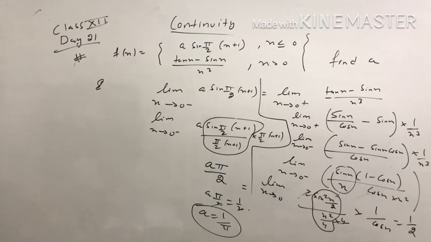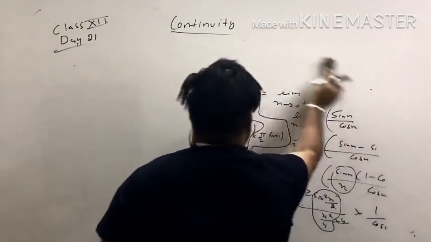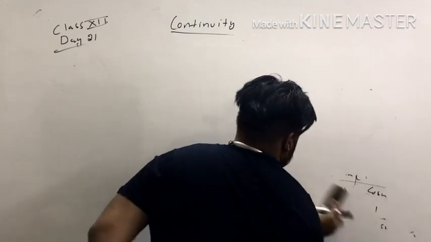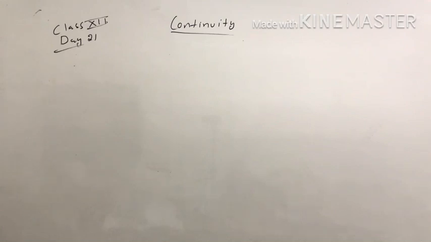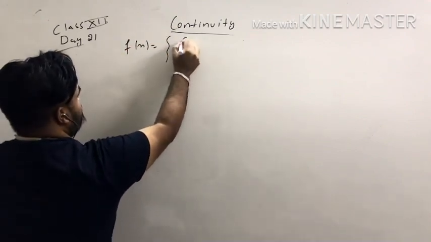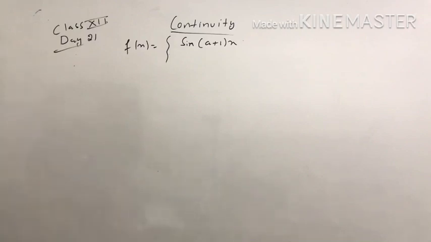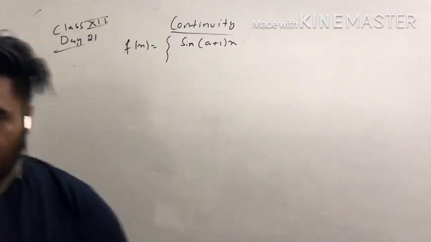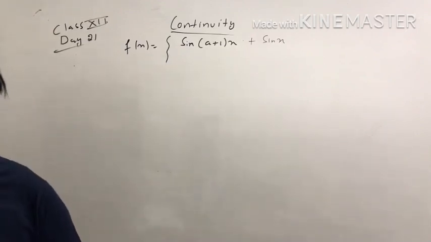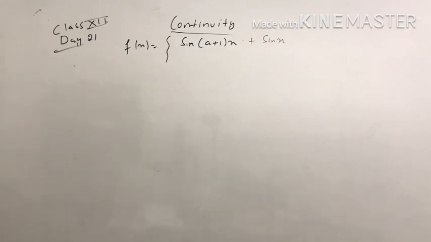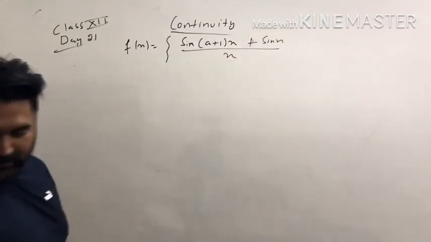The next question is the last question. So the last question is f(x) equals sin((a+1)x) plus sin x, upon x. The expression is for x